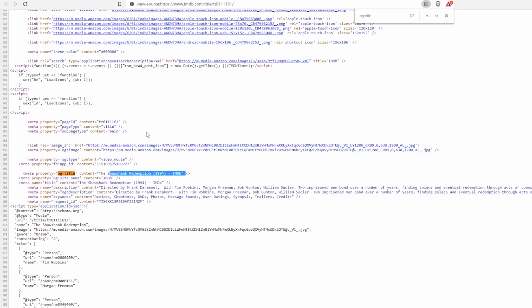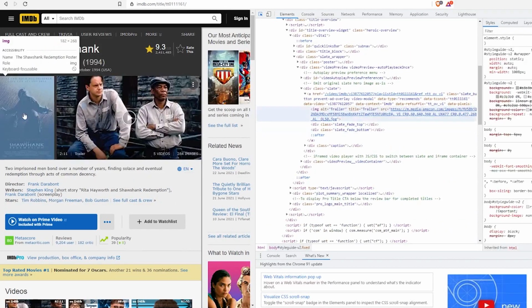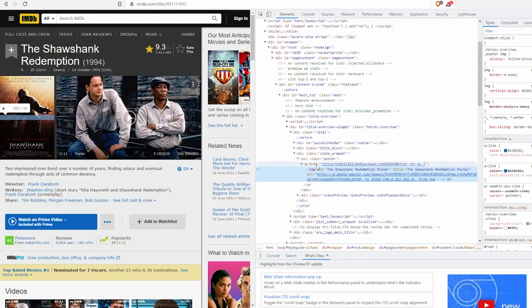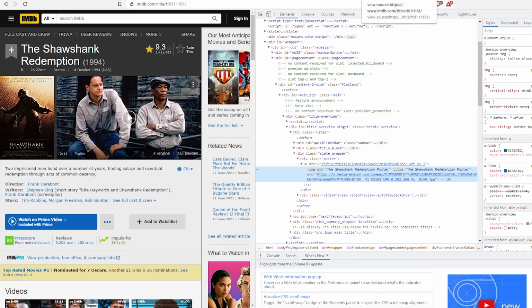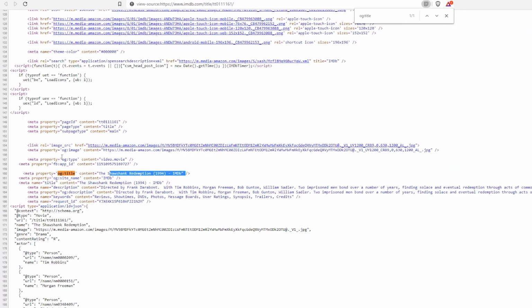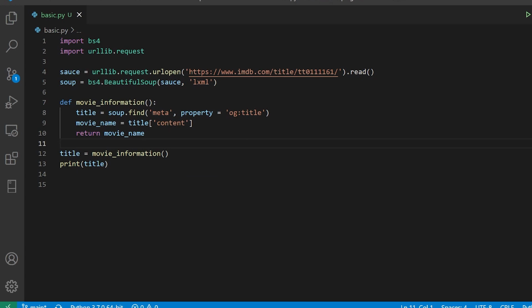Similarly, I will also work on the images. So here I'll say again Control Shift C. I can click on the image, I can have it. Okay, inside the href tag I have this link. But instead, one more thing that I can do is through the OG images. So just like OG title, here I can say OG image and I'll have the link. All right, so the content holds the link. So similarly here